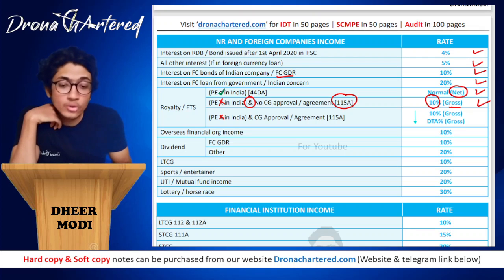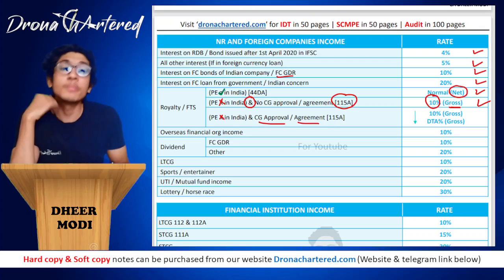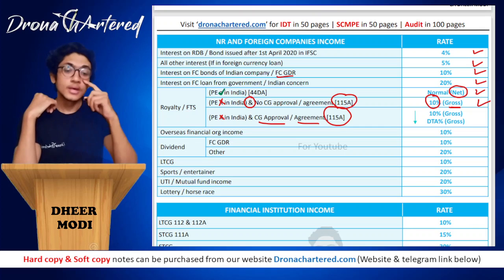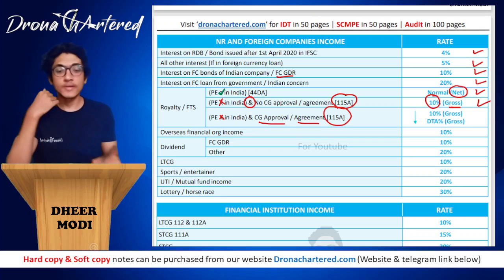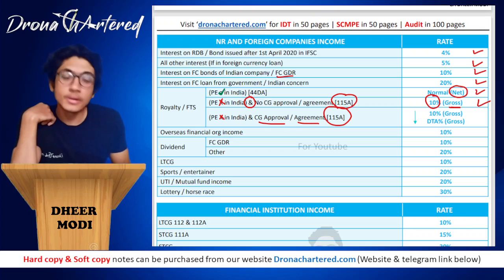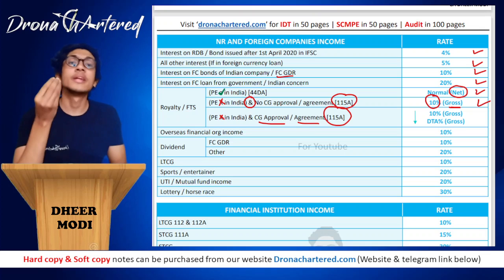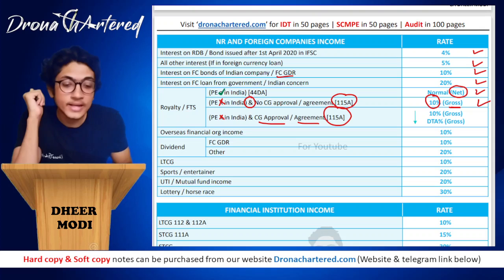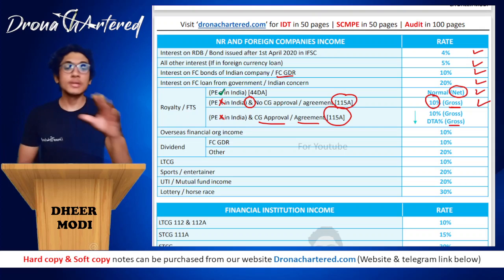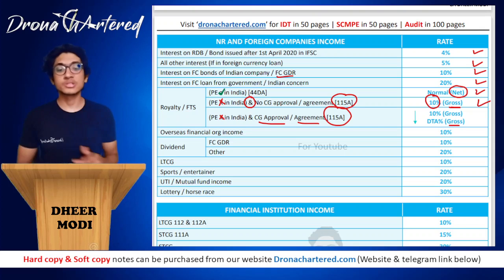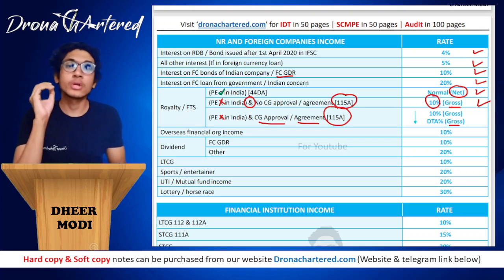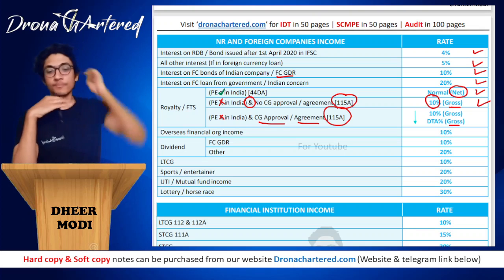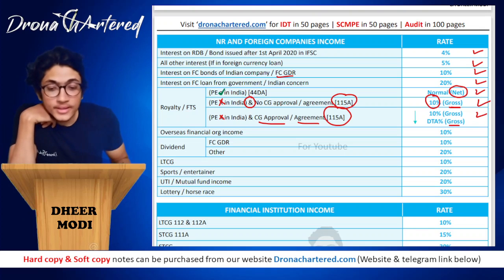And if PE is not in India, but there is a CG approval or agreement, so this again comes under your section 115A. In such a case, it will be either taxed at 10% of gross. So this agreement is your DTA agreement that we are talking about. So it will either be taxed at 10% gross or the DTA percentage, that is whatever percentage has been specified in the DTA, that is also gross, whichever is lower. That means you will not get any deduction for expenses. So 10% of your gross income or your DTA percentage, whatever has been specified, whichever is lower. Next is overseas